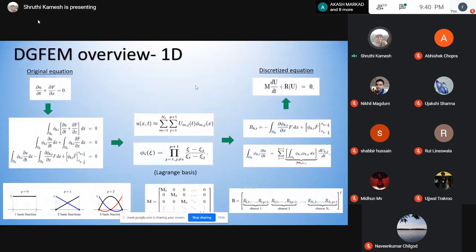So this is in 1D, and I know this looks like a lot of math, but bear with me here. It's actually quite simple. So given your original equation, imagine that you want to solve for a variable u, which varies in time and also varies in space using this particular f value, which is called a flux term in space. So this particular du by dt plus df by dx is equal to 0, and that's what you want to solve